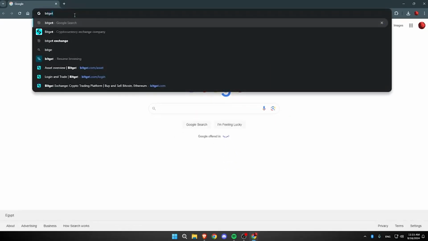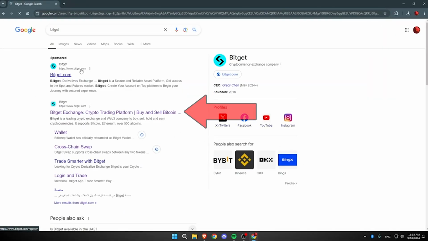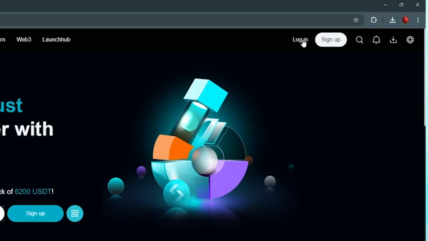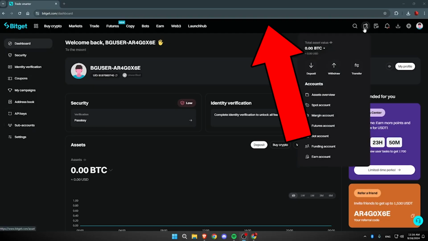How to transfer from Bitget to Gate.io is really easy to do. First thing you want to do is go into the Bitget website like so, just click on it. And once you've accessed the website, you simply want to log in to your account. Now, once you've logged into your account, you go to the top right hand corner of the screen and